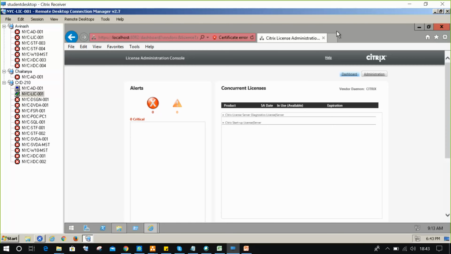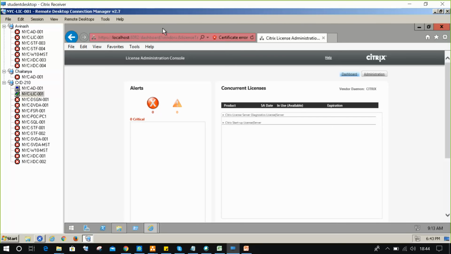So my question is, without uploading the license file, will you be able to continue delivering applications and desktops to users? Will the user be able to connect to applications and desktops? Yes, users can connect even though you are not uploading the license file, because a trial version is there.